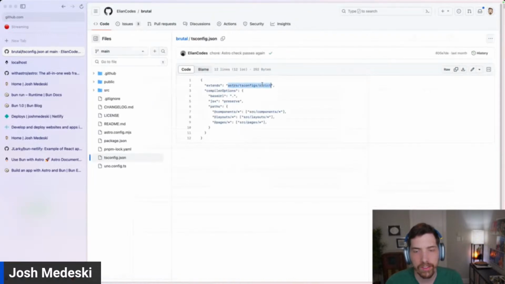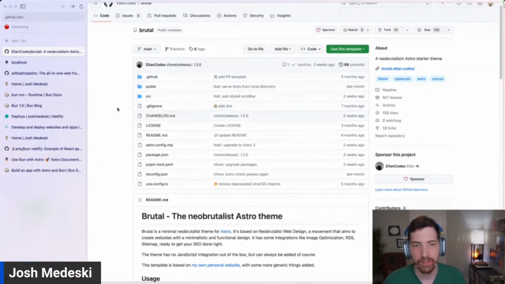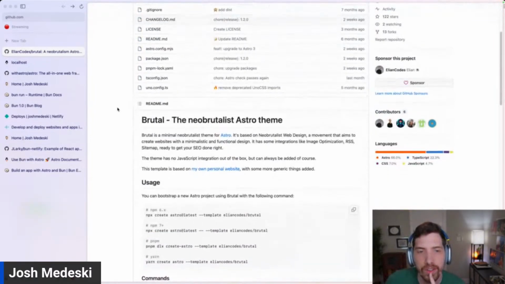Yeah, so see, this is our way of extending projects. Now, the way extends works is it can inherit packages. So that's the problem. That's what it's not doing. I would have expected it to look in the Astro package and then the TS configs and then strict. But I don't think it just would straight up not work if